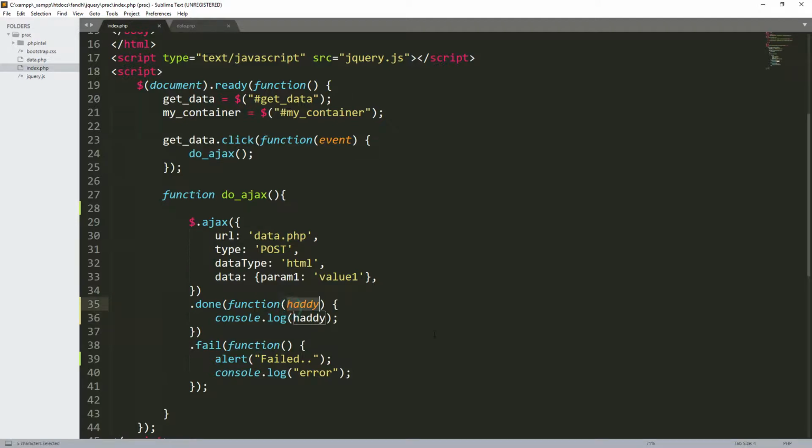If I put maybe data, will you memorize that it will always be data? No, it can be just any name. So any name that you put here, any variable name, the data that comes from this file will be put there. It can be anything, images, anything, so they'll be stored here. And what I get, I put it inside the what? Inside the console. Did you understand? Fatima, do you understand this?